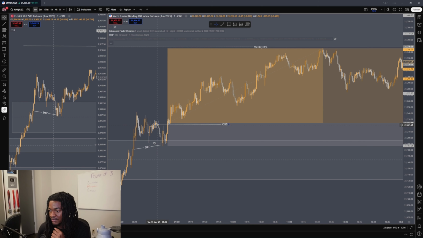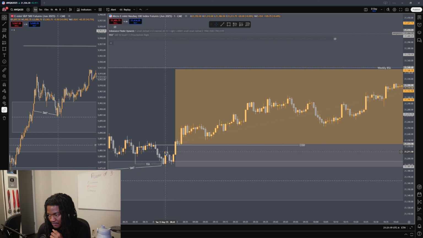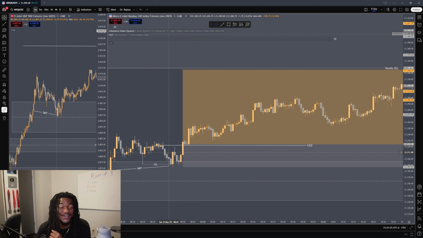These ones swept liquidity. Why is it not this one? Because this down close candle did not sweep liquidity. I mean, you can kind of say it did, nah, you can't say that. If you did enter here, I wouldn't say it was an A plus setup, but here definitely we waited